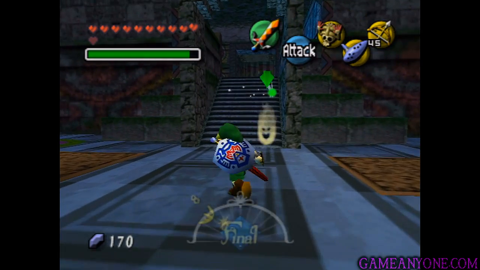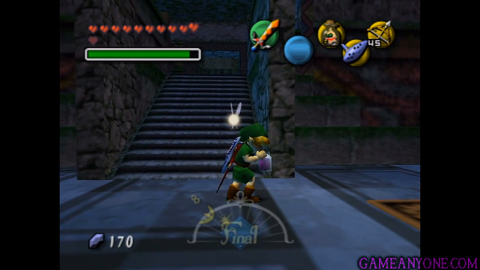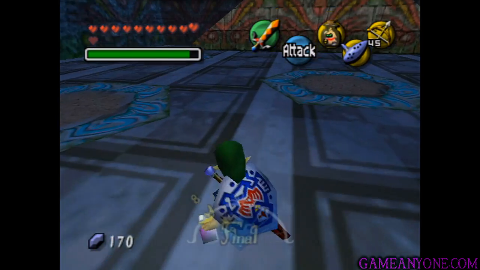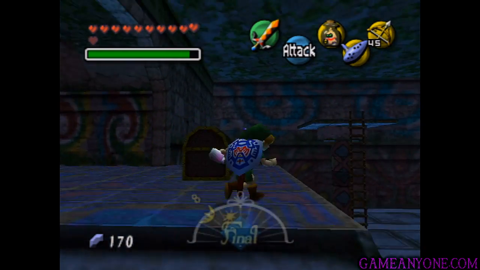And we can also check here to see that he did leave behind a spirit, which we can catch in a bottle if we want. You can't really do anything with them in this game. All you can do is really sell it at the Curiosity Shop in Clocktown for money. The Big Poe will actually go for 200 rupees, so if you're in need of money, you can do that. I'm probably not going to bother, but...